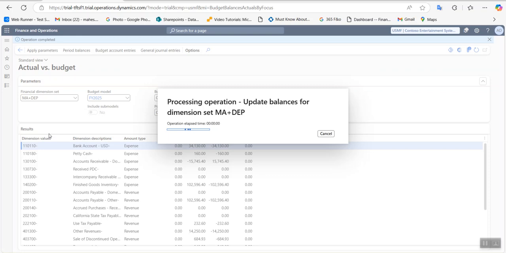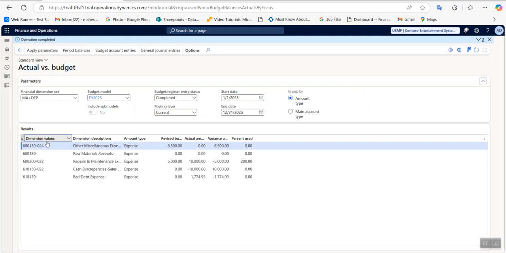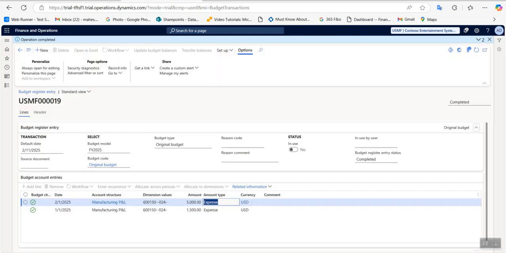filter with that particular main account starting with 6 series, now you can see this is the main account which we have defined, and the revised budget is 6500, and for the actual amount there is nothing there. Okay, now if I book a transaction, for example if I book entries against this particular main account, let me go to the GL